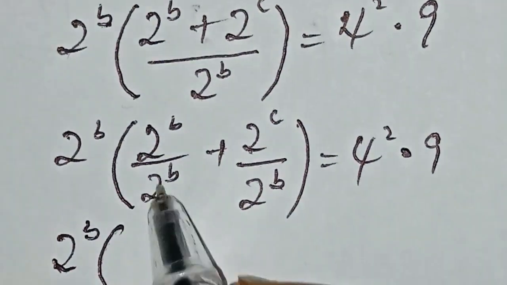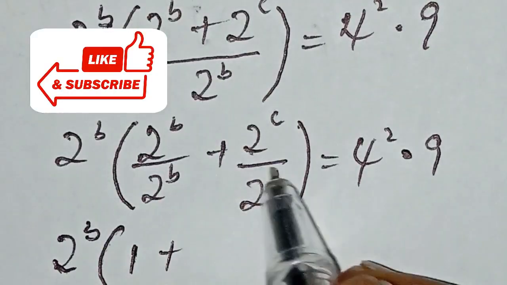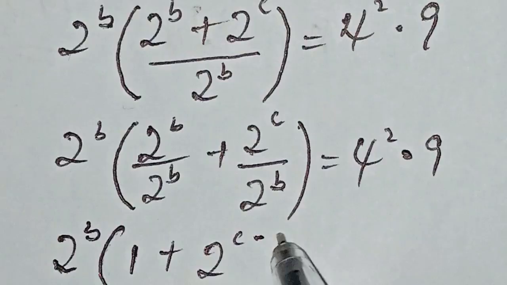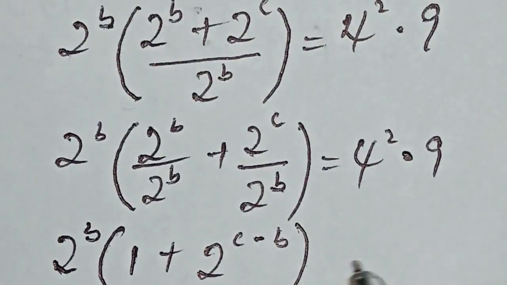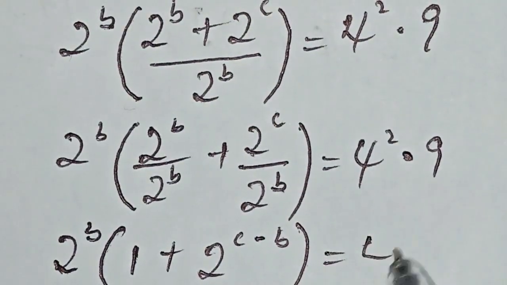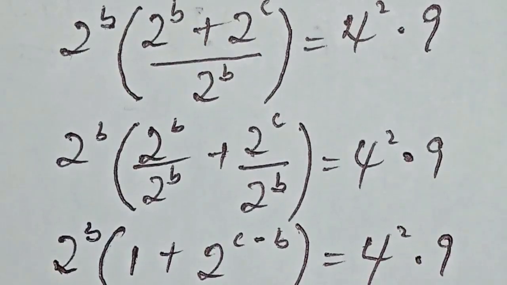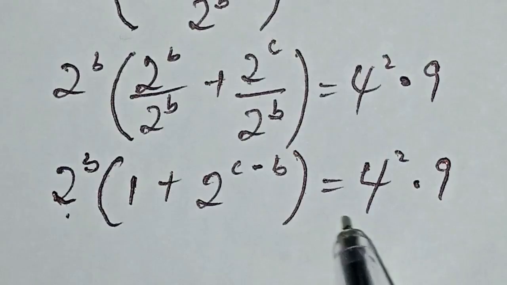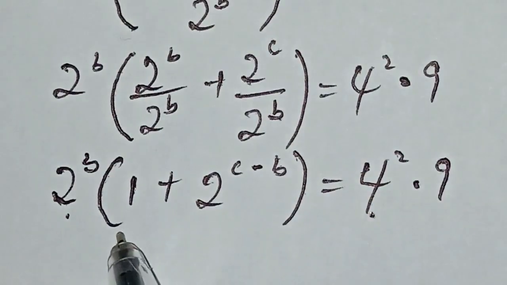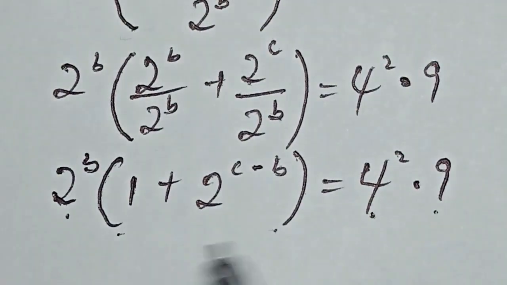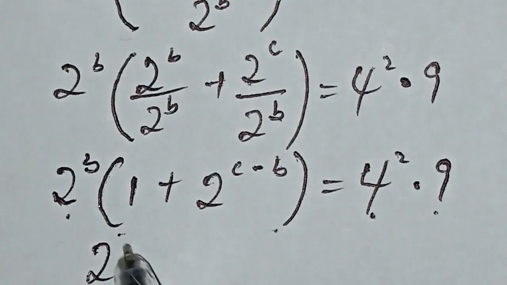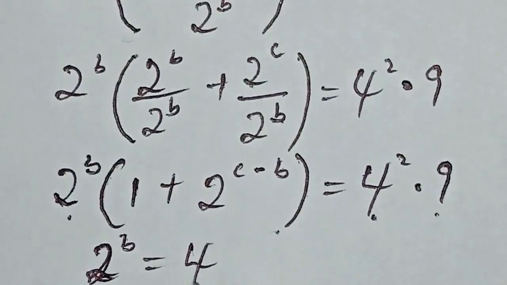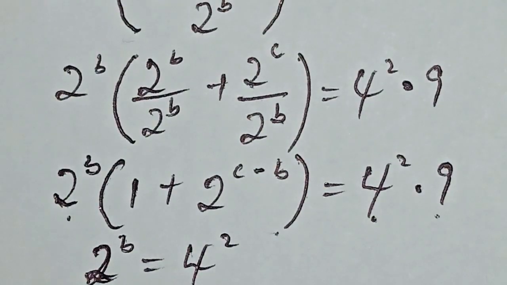into brackets 1 plus, and this is written as 2 to the power of c subtract by b, into brackets, equal to 4 to the power of 2 multiplied by 9. Now we can equate this with this, and also equate this in the brackets with 9. So we have 2 to the power of b equal to 4 to the power of 2,